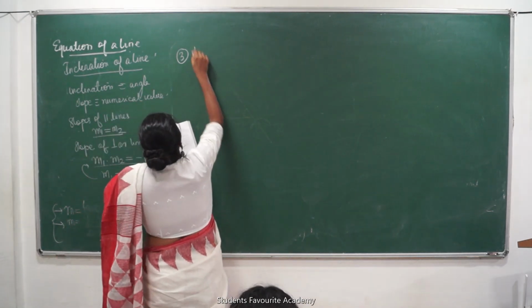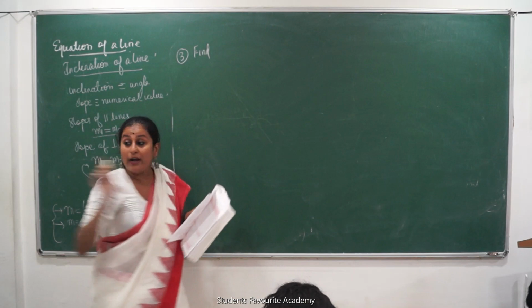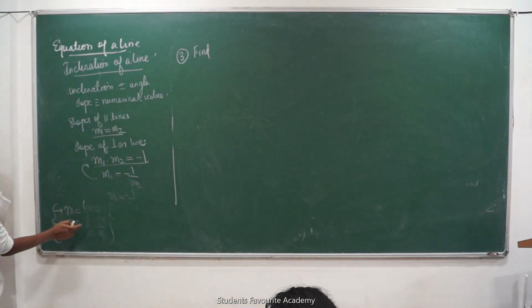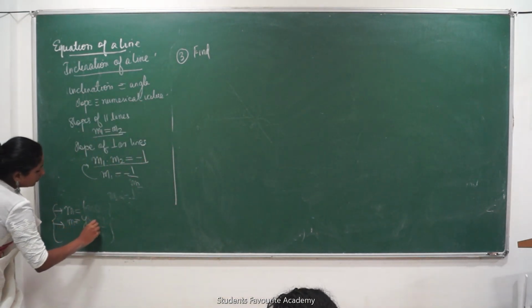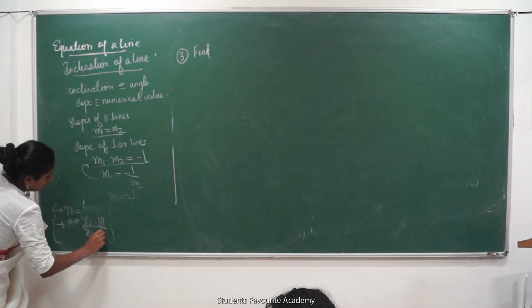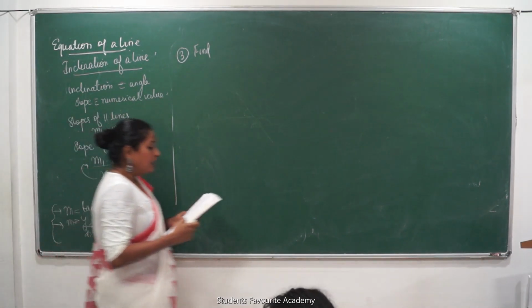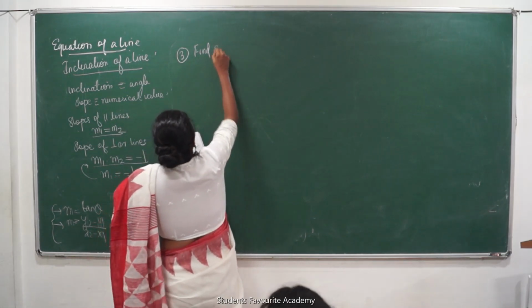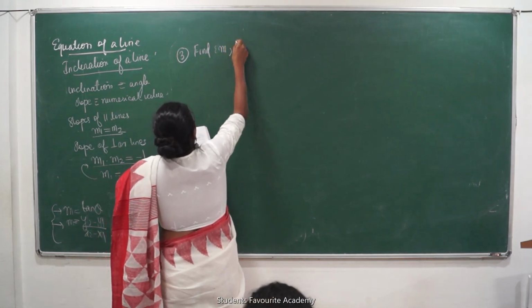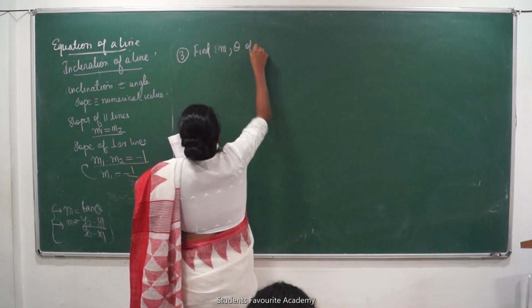ओके, फाइंड द स्लोप. हमेशा याद रखना, दो पॉइंट्स दिए हैं तो हम लोग कौन सा फॉर्मूला यूज करेंगे स्लोप का? y2 minus y1 upon x2 minus x1. और अगर एंगल दिया है तो, let's find the slope. So you have to find slope and inclination of line AB